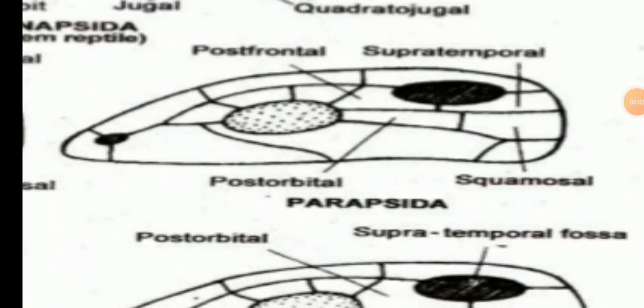Parapsid. And look at this parapsid skull. They do have an orbit and an open nasal cavity. Apart from that, the dark colored circular oval shape is present towards the upper side of the roof of the skull, and this is called the supratemporal fossa, and it is